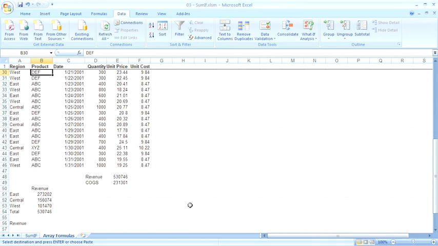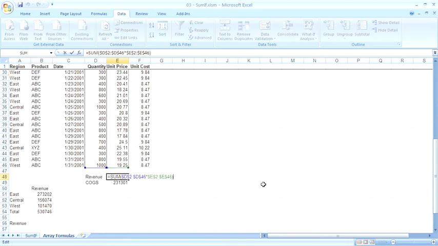Well, from the other direction, 2 cubes down, kind of like a gopher popping his head up over the cubicle, a fellow says, hey, there's a way to do that. And he proceeded to write this formula. Take a look at this formula. I'm going to choose cell E48 and hit F2 to edit. He wrote a formula that said we're going to take the sum of the rectangular range D2 to D46 and